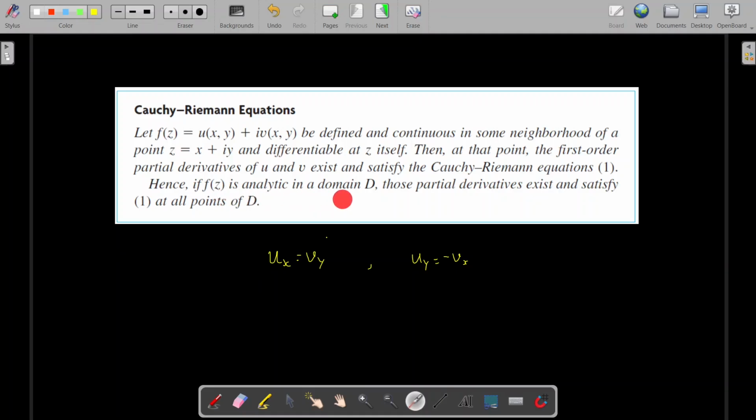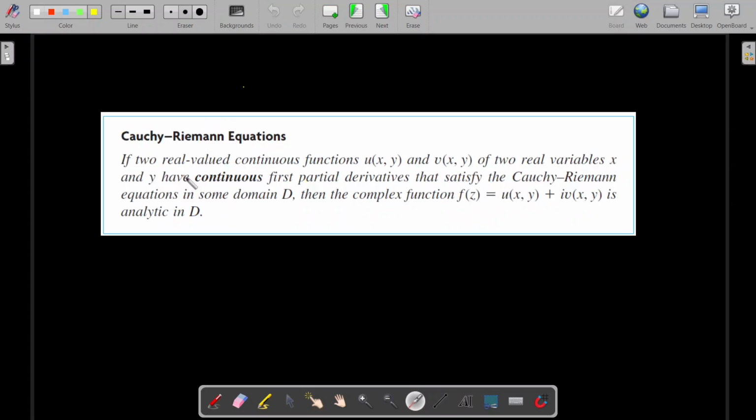If f of z is analytic in a domain D, those partial derivatives exist and satisfy the Cauchy-Riemann equations at all points in the domain. And in the converse part, we have: if two real valued continuous functions u of xy and v of xy of two real variables x and y have continuous first partial derivatives that satisfy the Cauchy-Riemann equations in some domain D, then the complex function f of z equal to u of xy plus i v of xy